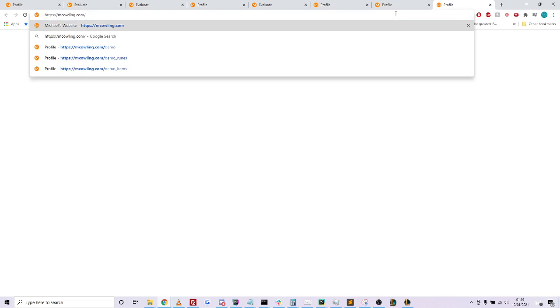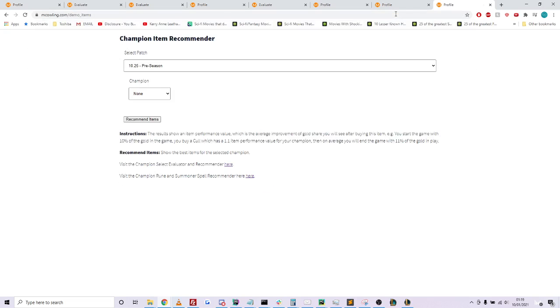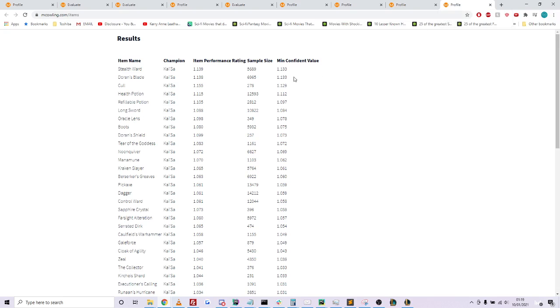Okay, wasn't expecting that, but I'll fix that, come back to it. Then we also have items. So if we stick with the Kaiser example, what's going on here? We have an item performance rating. This is based off of